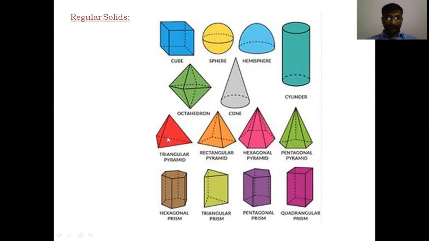This is the triangular pyramid. Triangular means the base. A pyramid has 1 base at the bottom and 1 apex point. This is the apex point. This apex point is joined with the base by the slant edges. These are called the slant edges. There are 4 slant edges, in which 3 are visible slant edges and 1 is an invisible slant edge,